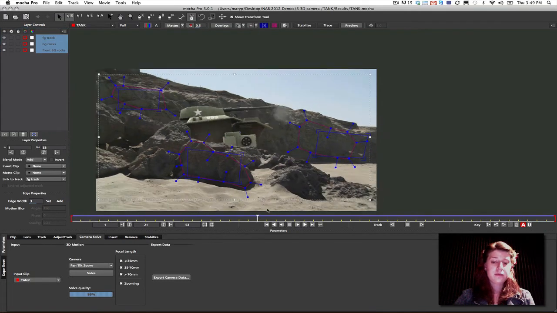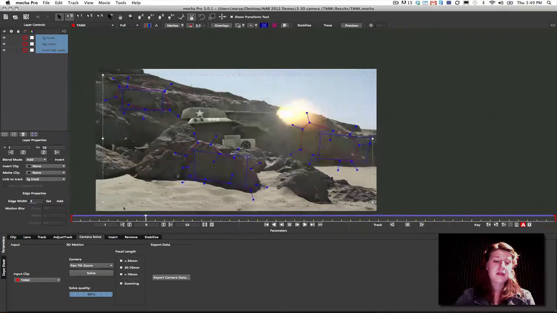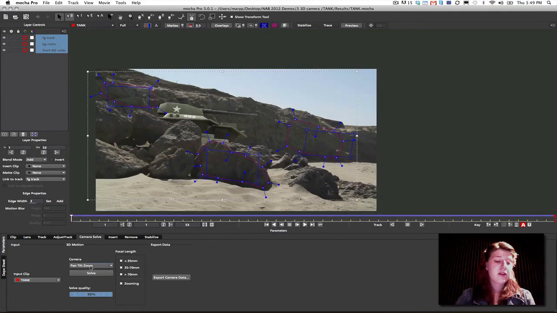All right, everything looks really nice. Okay, really nice tracks. So we go to our camera solve. We're going to go to large parallax, and we would hit solve. Now this takes about 4 minutes to solve, so I've already pre-solved this, but I'll show you what it looks